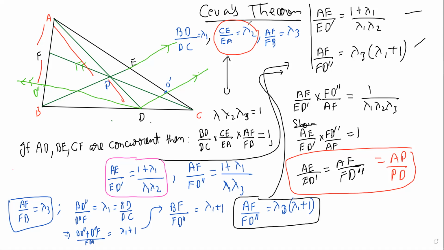So one doesn't have to even divide this, right? Because one knows that AE by ED prime is AP by PD, and this is also AP by PD. And so they are equal. These two are equal, and then you can cancel them. You get